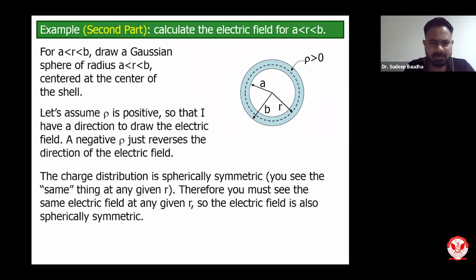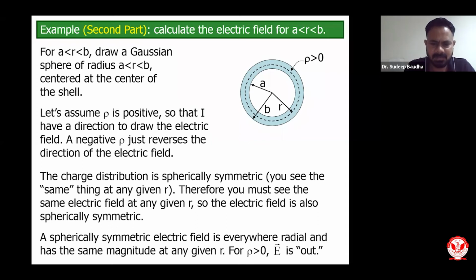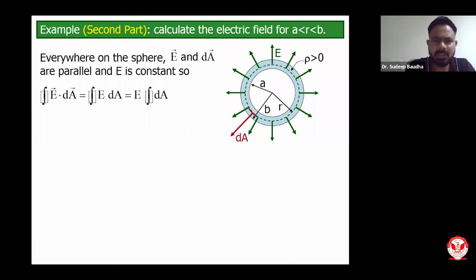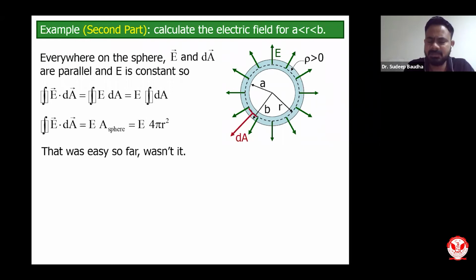So let us do the calculation. I hope you know all these concepts, so I will directly go to the mathematics part and show you what it is. This is the direction of the electric field. It will be going outward because of the charge rho. So I will calculate the net flux first. What will be the net flux? From the formula, E dot dA. E is constant, of course, the electric field is going to be constant. And dA is surface area. I can write the surface area of the sphere as 4 pi r squared. That was a very easy part.